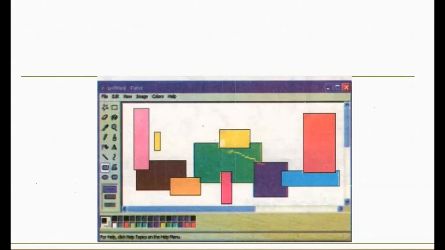Wait class, this is your rectangle tool in the toolbox. This is your color box, and this is the width of a rectangle. This is your drawing area. Here you can draw a rectangle by moving the mouse pointer diagonally.